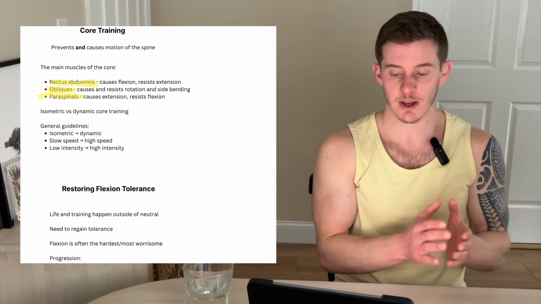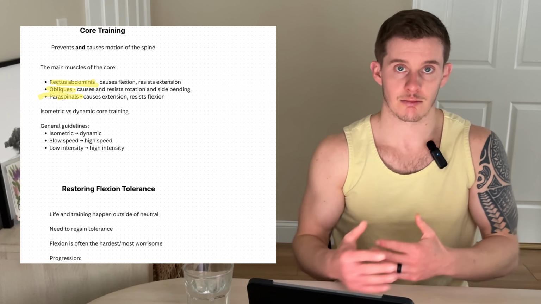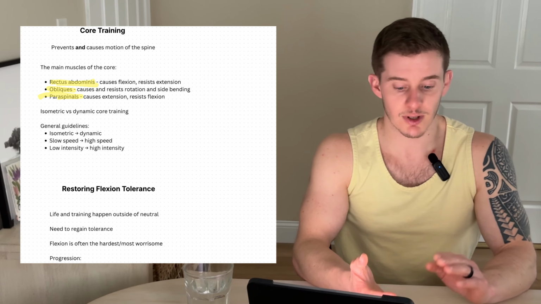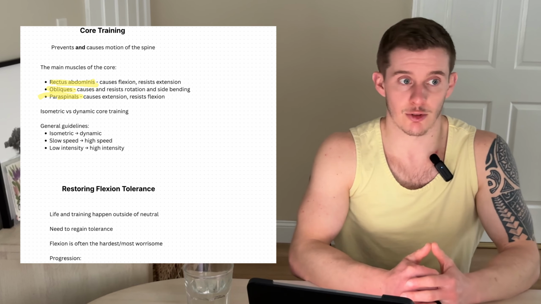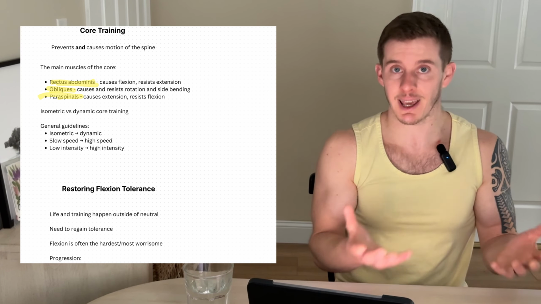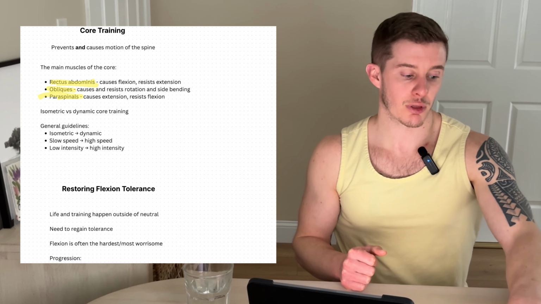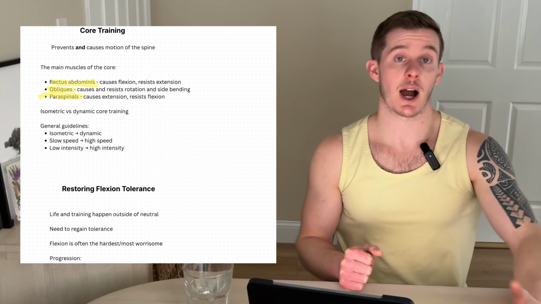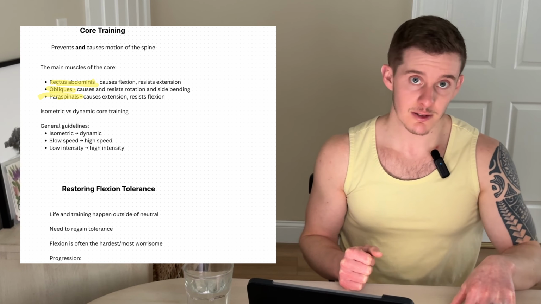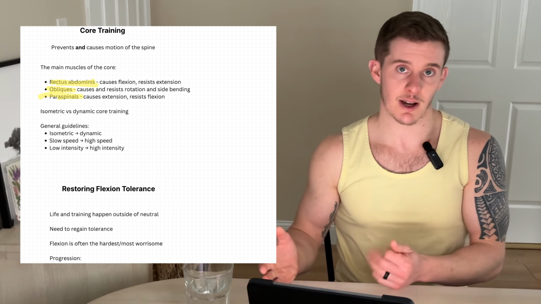And just like any other form of training, how you implement and progress core training is basically the same. You start with volumes and intensities that you can handle. So if you're dealing with back pain, you're going to want to start fairly low volume and low intensity because you probably can't handle a lot of direct core work. And then you want to progress that over time. So starting with lower level isometric drills, moving to higher level isometrics, and then from there, moving to dynamic exercises at slow speeds, and then dynamic exercises at high speeds, and then adding load over time